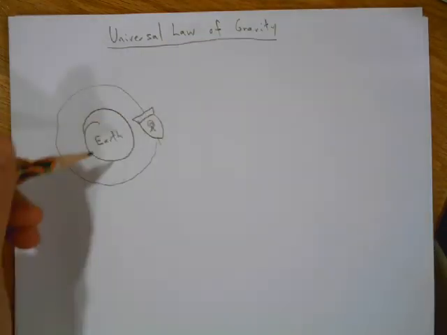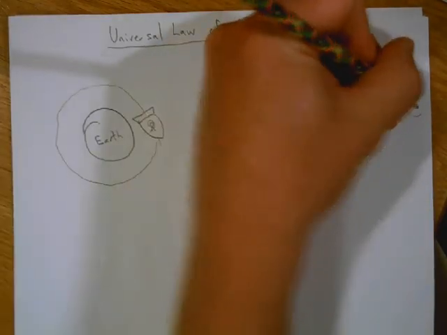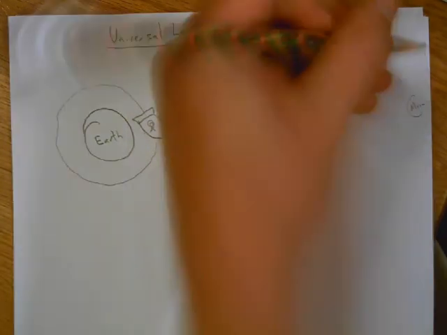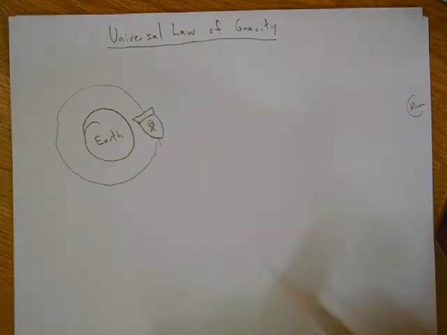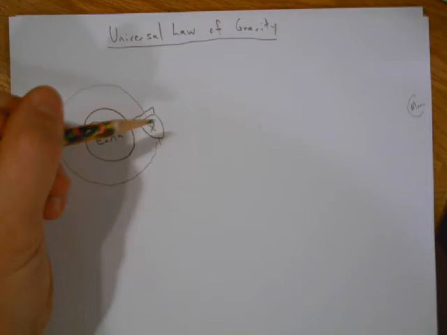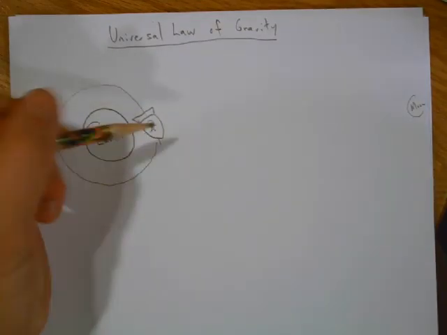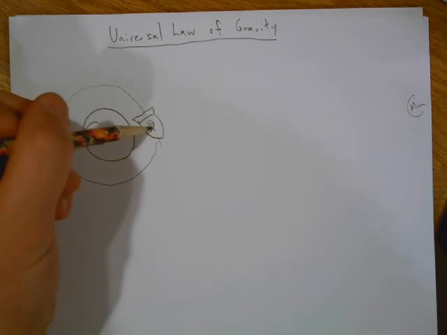Now, this is definitely not drawn to scale. Here's the moon. If I wanted to draw this to scale, I would have to draw it way, way off to the right. But there's the moon. If you were to ask the same person, the moon goes around the Earth, right? Yeah. Well, why does the moon go around the Earth? They would say, oh, because gravity's holding it there. So does it make any sense that there is no gravity